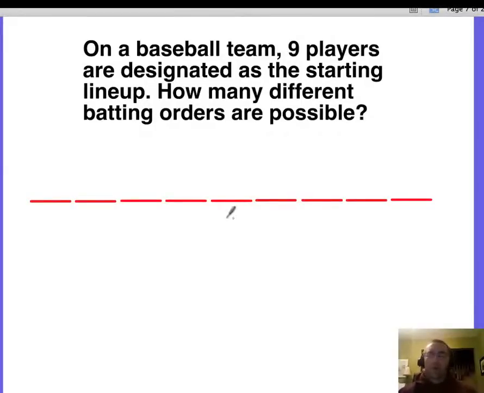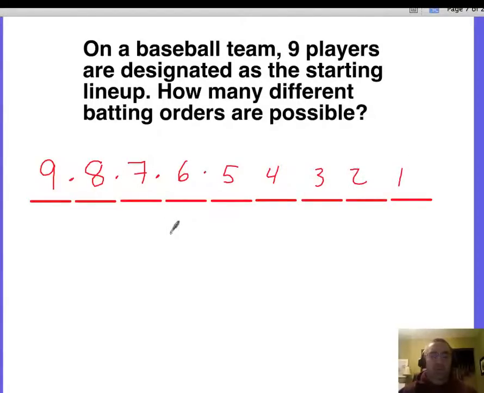If you think about it, that manager could take any of the 9 players and put them in the first batting position. Then the manager would have 8 choices for batting second, 7 for batting third, 6 for batting fourth, and we could continue that pattern